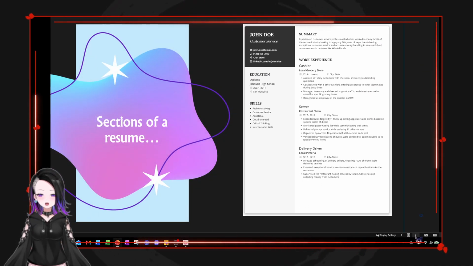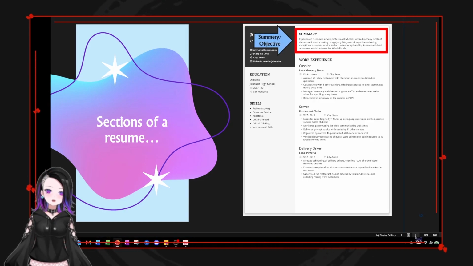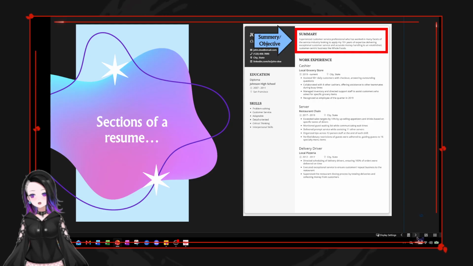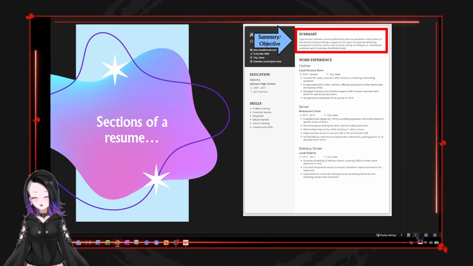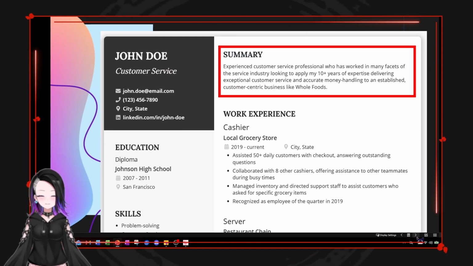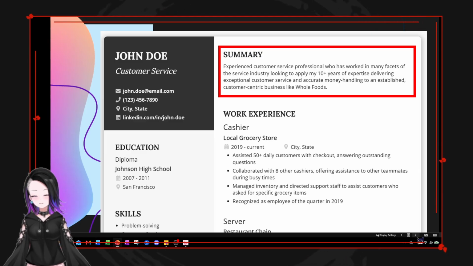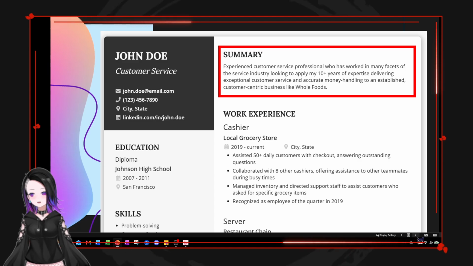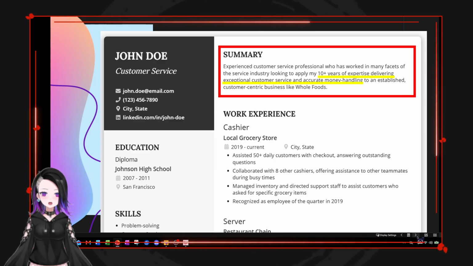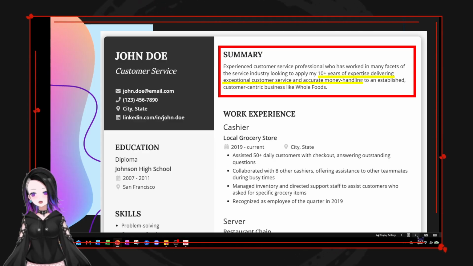Now, the next section I do want to go over is a summary or an objective section. So people either write a summary about themselves here, where they kind of write a wrap-up of their career in 2 to 3 sentences, things like that. But we'll get more into that. And then some people will also do it as an objective, saying what their goal is for their career. But as you could see, his one is a summary, so he summarizes his career